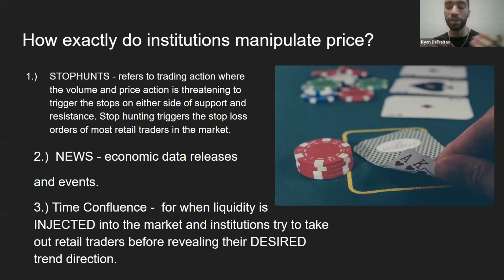Let's say it's the London breakout strategy. A lot of you guys know that one: when it breaks the Asian range, that's them injecting liquidity into the market. It breaks the Asian range, punches downward, and then it goes upward, which I'll show you guys in a second. That's just basic market manipulation, but anyway,